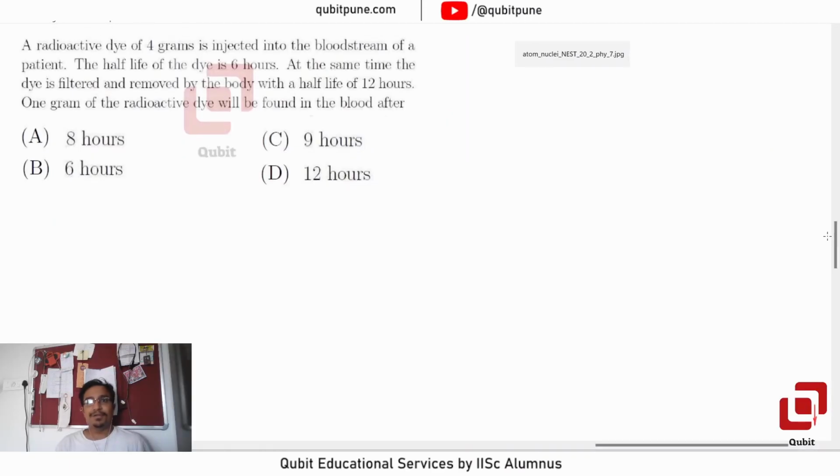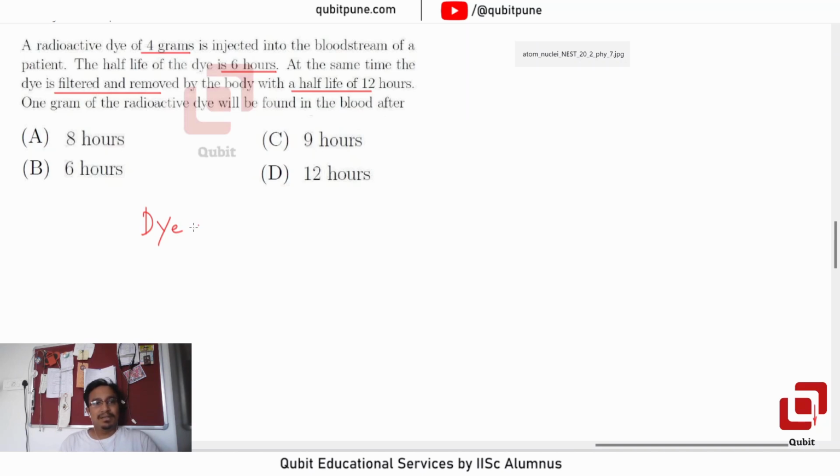Next 20, shift to question 7. A radioactive dye of 4 grams is injected into the bloodstream of a patient. The half-life of the dye is 6 hours. At the same time, the dye is filtered and removed by the body with half-life of 12 hours. 1 gram of the radioactive dye will be found in the blood after 8 hours, 9 hours, 6 hours, or 12 hours? Okay? So we have that dye